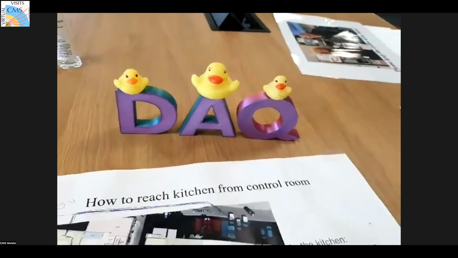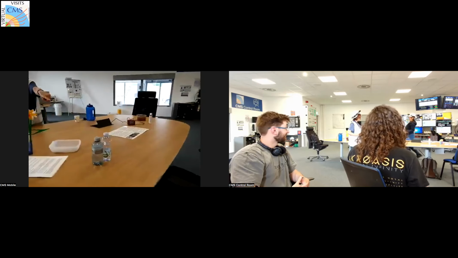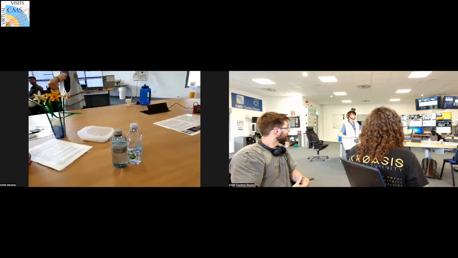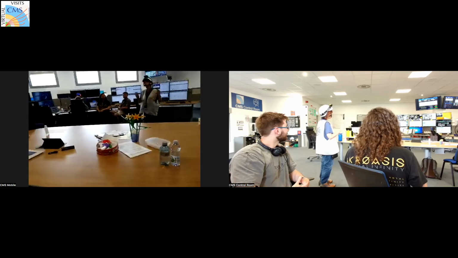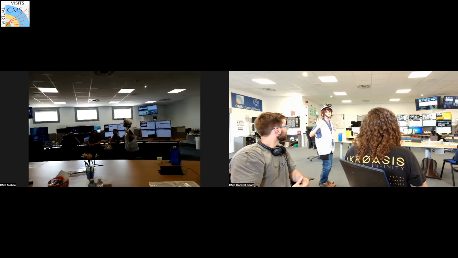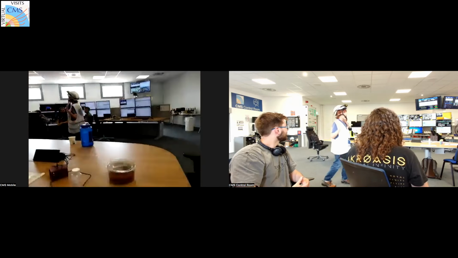This is strictly forbidden. In the control room of AMS, even a bottle of water is not allowed. If you want to drink, you go outside the control room. If you cannot go outside, you wait to drink or to do whatever you can imagine you would need in your life as a person. You just wait. Okay, if you want to add other things, I stop myself, I remove all my stuff.